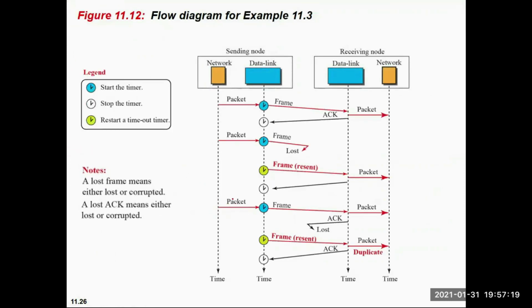Okay, so the packet got framed in the data link layer. This frame is sent. At the receiver side, this frame is received and already processed. The packet got extracted from that frame, and it sent one acknowledgement, but this acknowledgement got lost somewhere. So the sender node doesn't know whether it was received or not. So after timeout, it will resend that saved frame, and the receiver will again extract data from it.